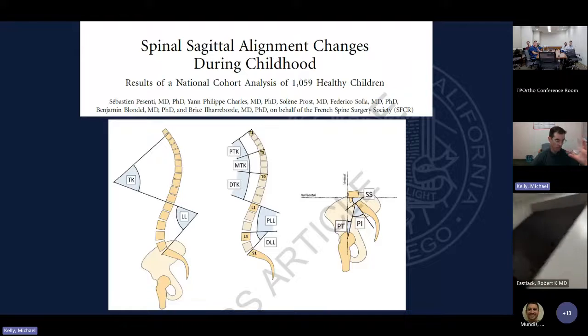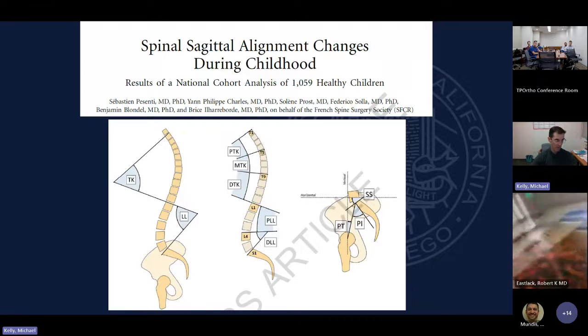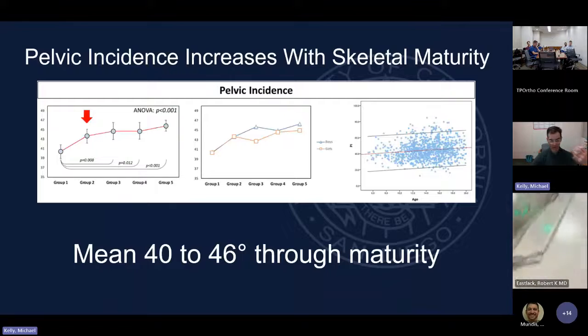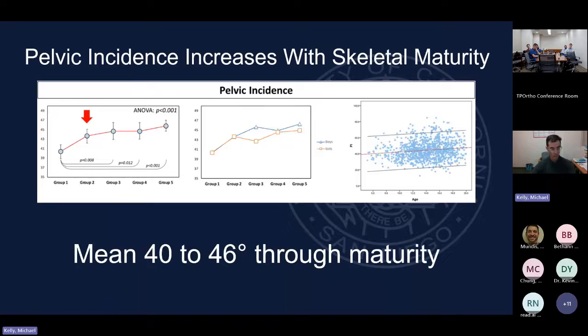They lumped it into a thoracic alignment and a lumbar alignment. And then they made the thoracic 3 alignments, right? Proximal thoracic kyphosis, mid-thoracic kyphosis, distal thoracic kyphosis, as well as proximal lumbar lordosis, distal lordosis. What they found, right, was that as you become skeletally mature, pelvic incidence tends to increase ever so slightly. And that is because of the A to P growth of the pelvis in the absence of a change in the pelvic incidence. So it's only 6 degrees through maturity, but I think the concept that through growth it changes,